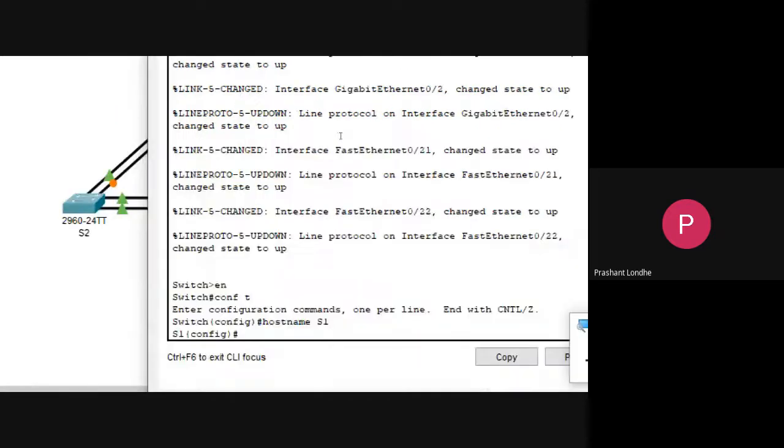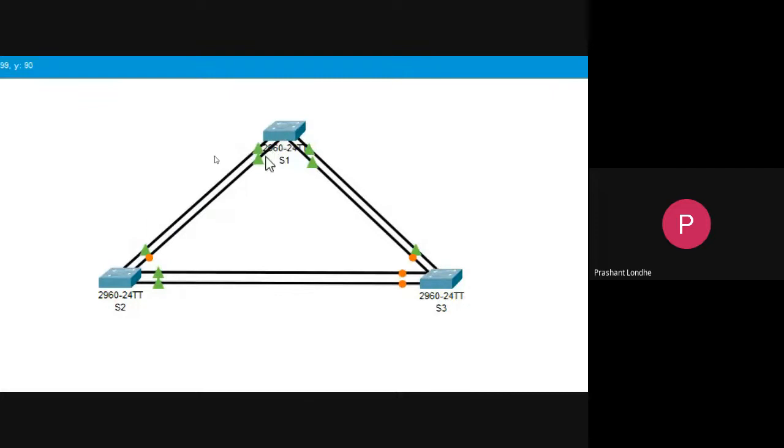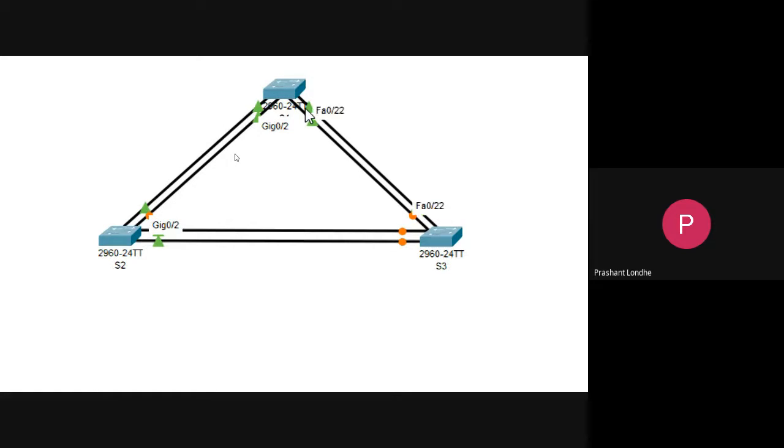Just check what kind of interfaces I have connected from S1. From S1 I have connected Gigabit Ethernet 0/1 and Gigabit Ethernet 0/2, and from here I have connected Fast Ethernet 0/22 and Fast Ethernet 0/21.